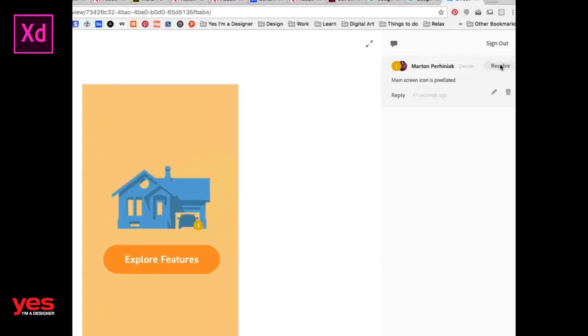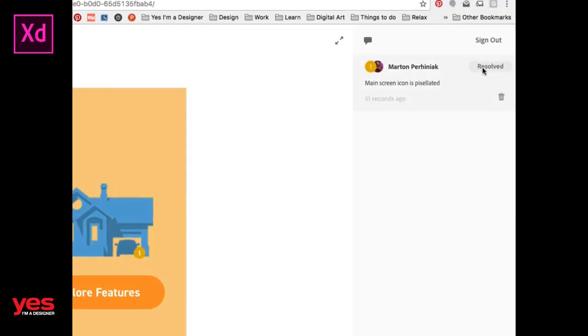I even have an option that I can say that's being resolved. So that's quite cool that once it's resolved, it's removed, but I can still go back and see what are the resolved changes that I went through. It's not a lot of functionality for the review process, but it's still a very fast and streamlined way of